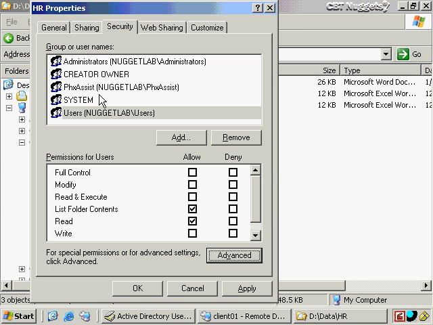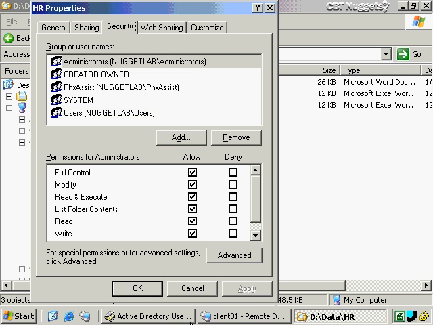That would have stripped all of these permissions out, and then I would have to explicitly add individual users and/or groups to the access control editor. Now, if that turned out to be a mistake and I wiped out some settings that I meant to keep, or if the permission settings got so complicated that we were having a hard time untangling and understanding it, and we wanted to go back to kind of a ground zero here, then